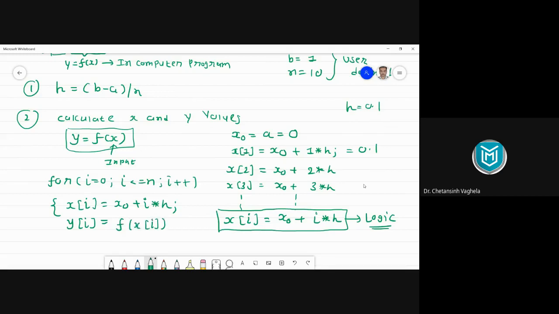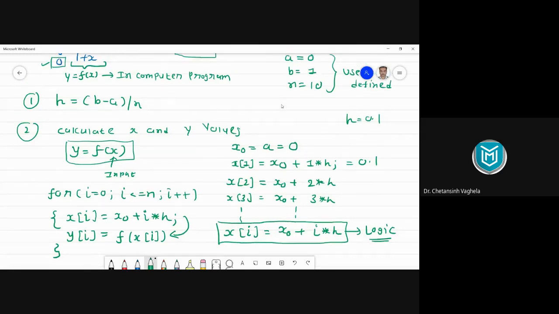So these x values will go as input in function f of x, and because of this your y values will be generated. So because of this single for loop, all the x values will be calculated and all the y values will be calculated, right? So till now, what things have we understood?